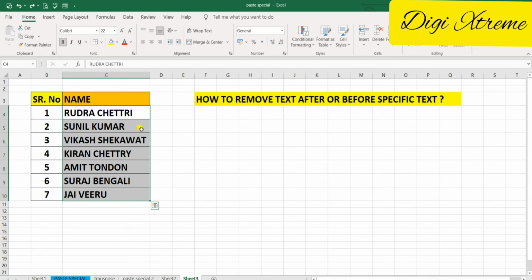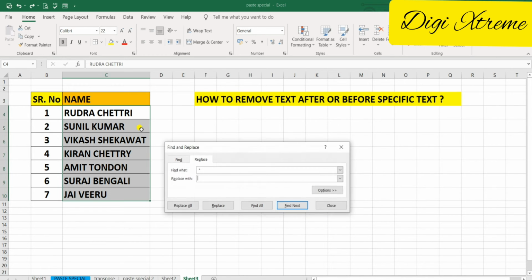What am I supposed to do now? I'll use a shortcut key, it is Control H. So this is the shortcut key, Control H. So to perform this task, or I can say to remove the second name, you need to first give a space. You can see there is a dialog box we have got with this shortcut key, Control H, find and replace. So what we have to first type here in find what section we will give.